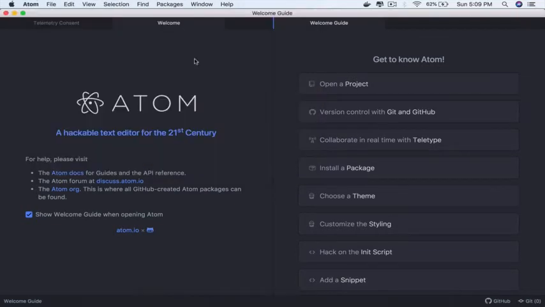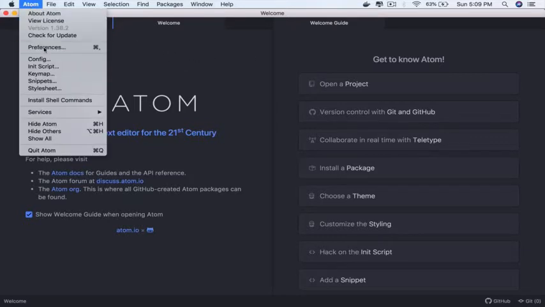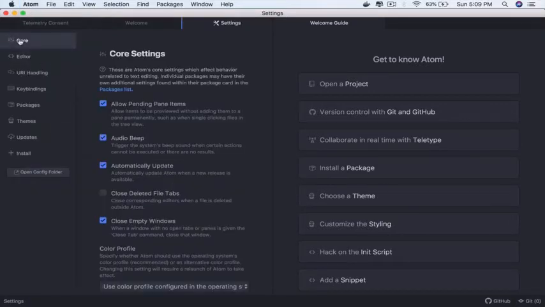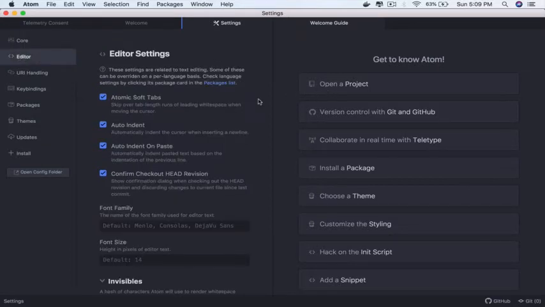Or if you want to run your Python scripts from within the Atom IDE, there are a few settings that you have to do. Go to Atom, Preferences, stay on Core right here. There is not much that you have to do here. Click on Editor, and here Soft Tabs should be enabled, and Auto Indent should be enabled by default.